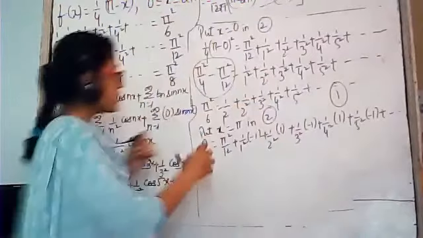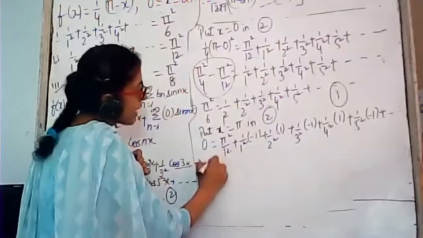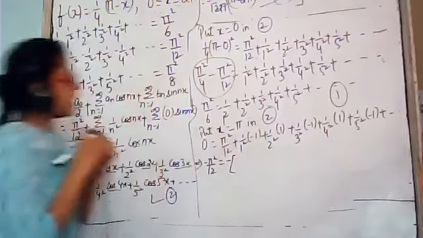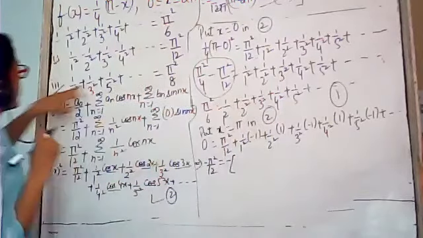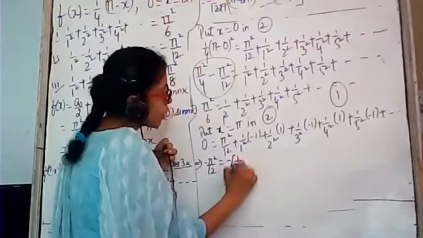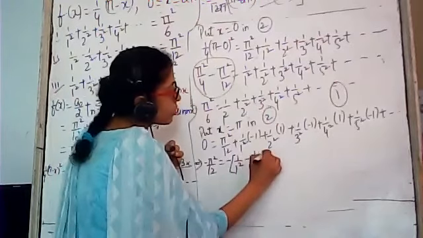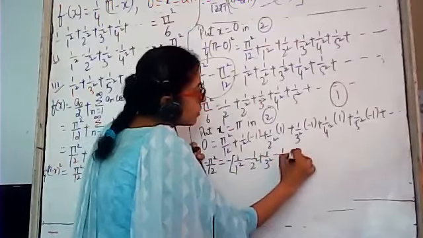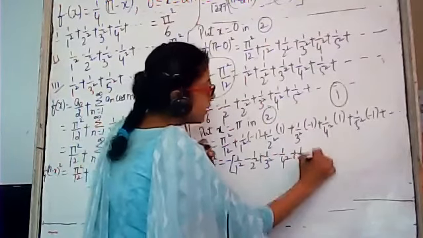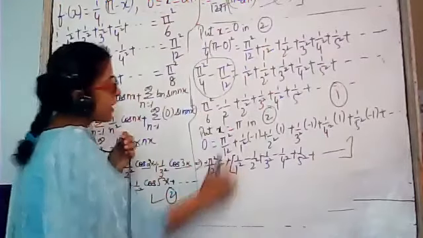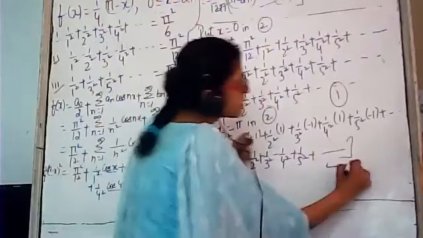Take this term to the left hand side. It will be minus pi square by 12. This is a minus sign. Let it be outside, as we need 1 by 1 square minus 1 by 2 square. Okay? Taking the minus sign common, we get minus of 1 by 2 square plus 1 by 3 square minus 1 by 4 square plus 1 by 5 square, and so on up to infinity. This minus and this minus will be cancelled out. So this is our required result number 2.